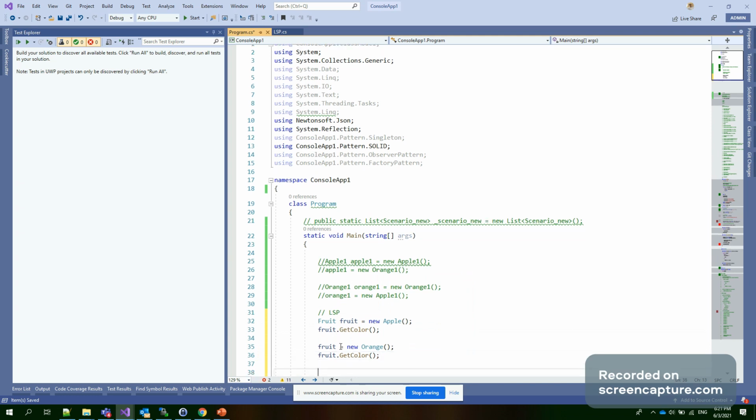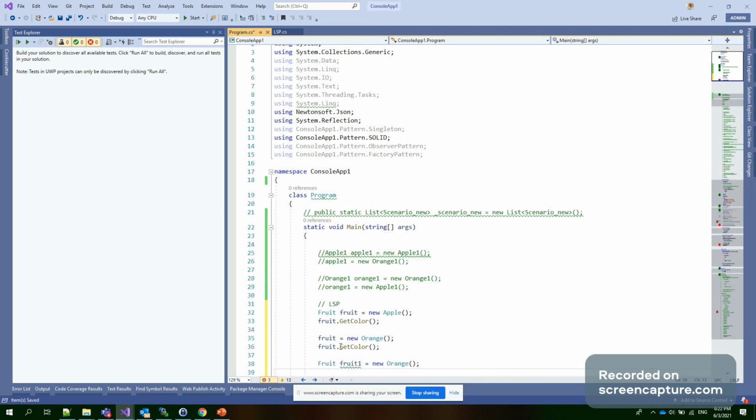Similarly, because we are using Fruit as an abstract class, Fruit fruit1 equal to new Orange.